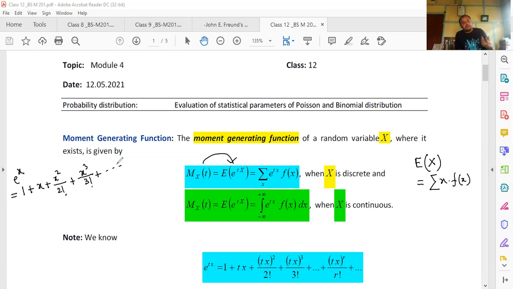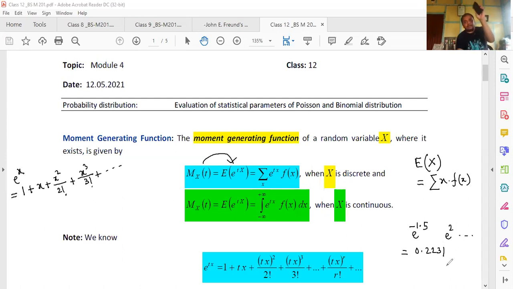Now, in this type of scientific calculator, just above the logarithm key, e to the power x is there, and if you want to calculate the exponent of something, we just press the shift button, and we can directly find out the value of e raised to the power of any number. So you can find out e to the power minus 1.5, you can find out e to the power 2, etc. Now, for example, if I try to find out e to the power minus 1.5 by the calculator, then the answer is coming out as 0.2231.